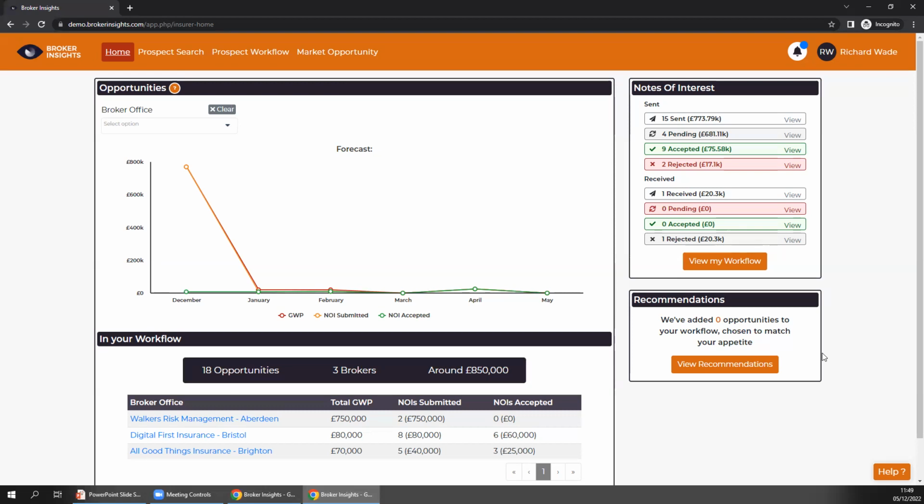in from broker uploads. It's all been ingested, all the appetite's been overlaid on it, and we'll work out all the policies that are within 3 months of renewal and say, these are all the ones that are coming up in the next 3 months due for renewal, sit in your sweet spot, go ahead and speak to the brokers about them. It's a really good hot list of leads that the insurers love.